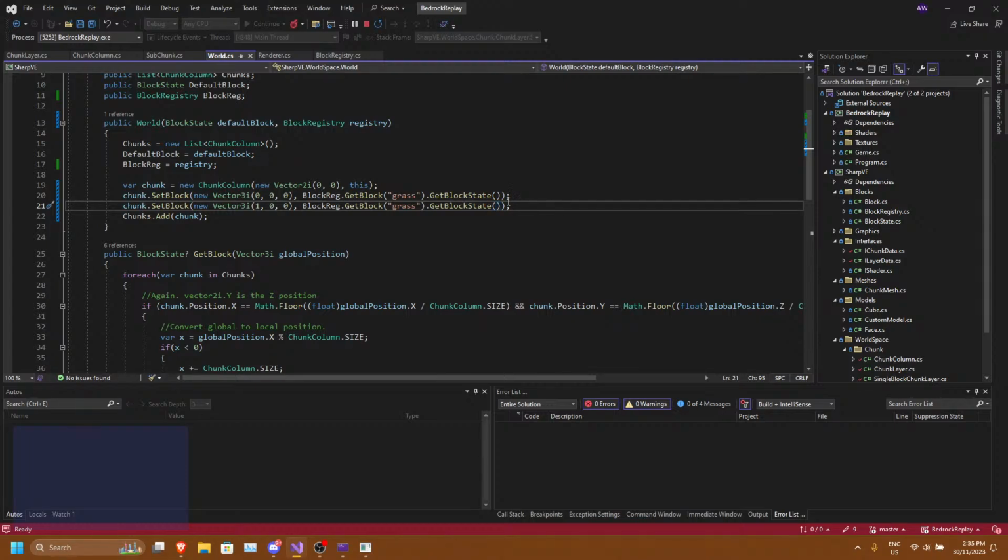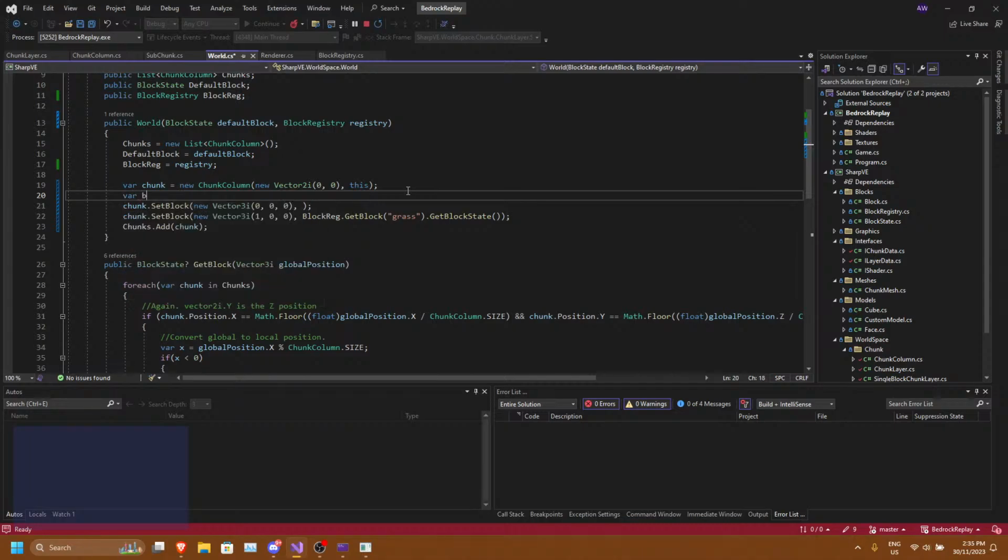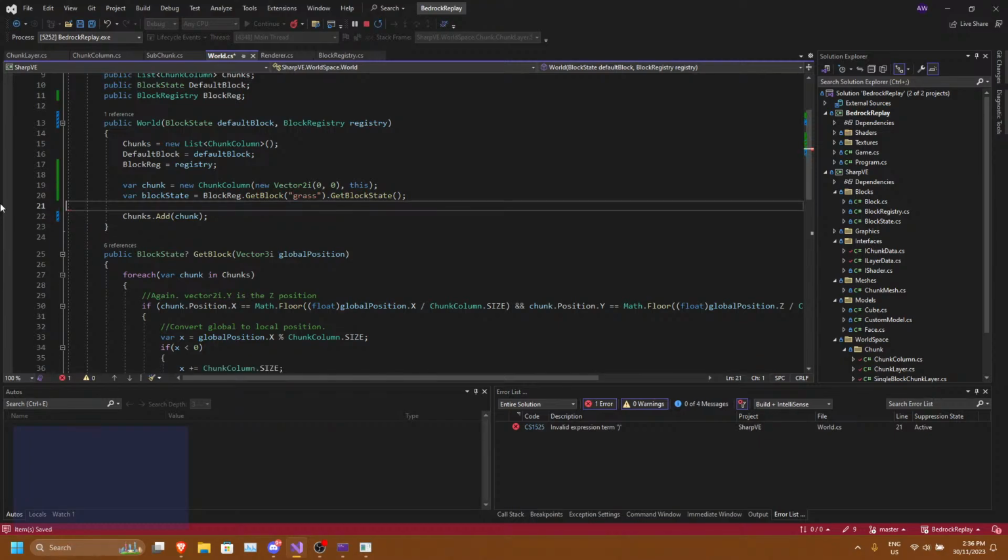So we could block state is equal to, and for int x is equal to 0, x is lower than.